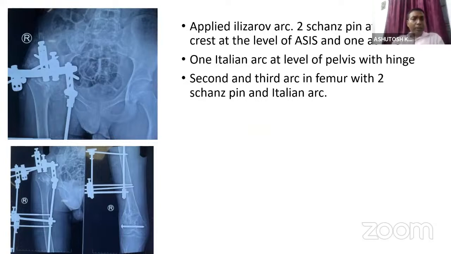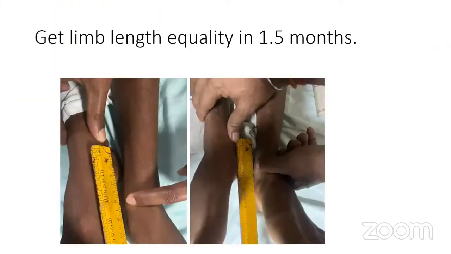That I had done after doing the distraction. The limb length comes almost equal, but we were not able to correct the varus deformity. So we plan to do the...